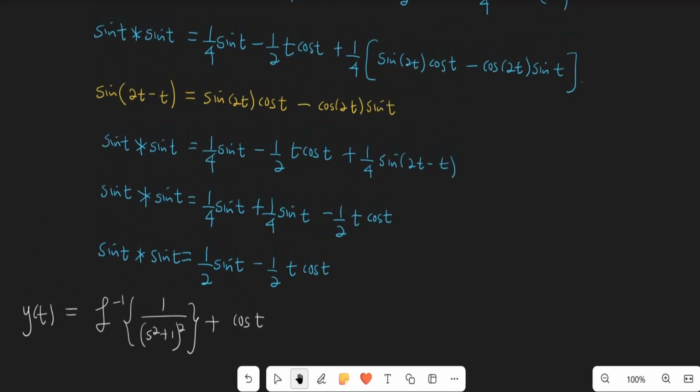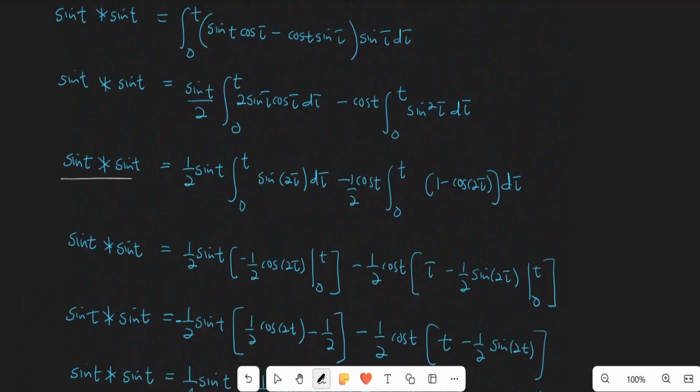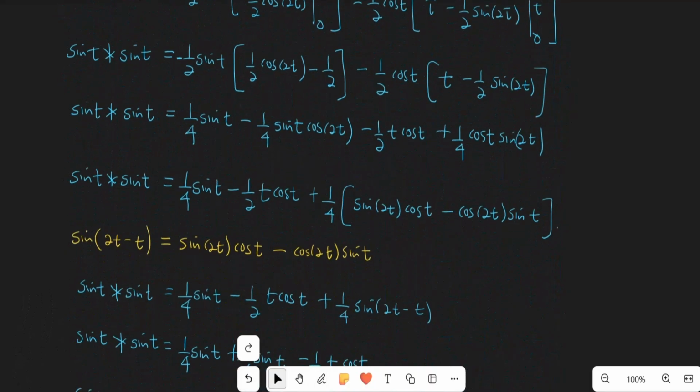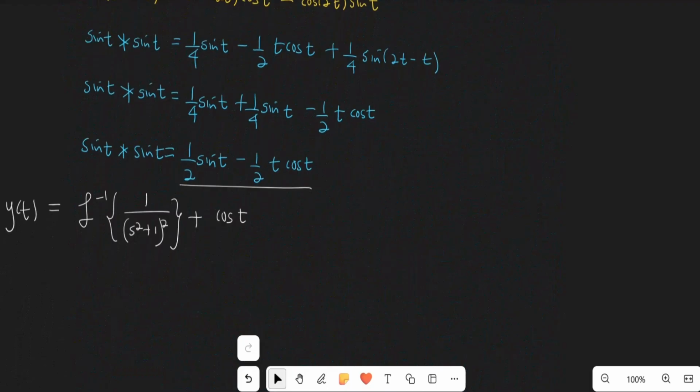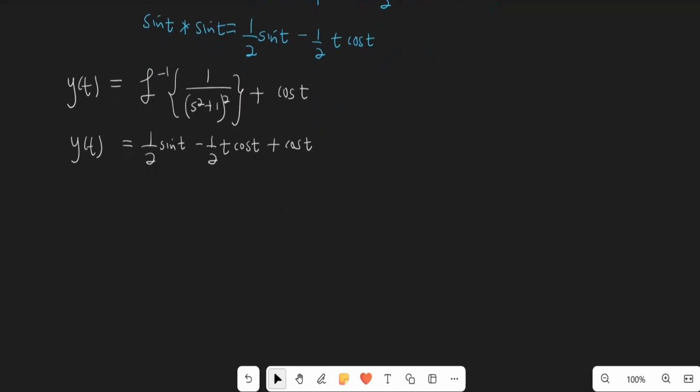And the Laplace inverse of 1 over s squared plus 1 all squared was the convolution of sine of t and sine of t. And that one is gotten to be this. So let me just replace that. So y of t is equal to 1/2 sine of t minus 1/2 t cosine of t plus cosine of t, like this. And this one is the answer to our